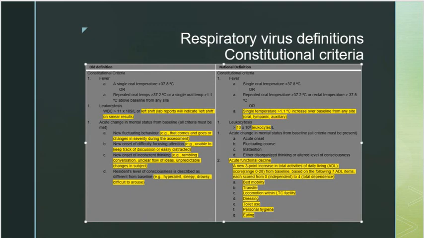But there's one new whole section that's part of the constitutional criteria now. It's called acute functional decline, not the acute change in mental status from baseline that number 3 was at. It was supposed to be number 3. My numbering is a little off. Sorry about that. The acute functional decline is a new 3-point increase in total activities of daily living, with a